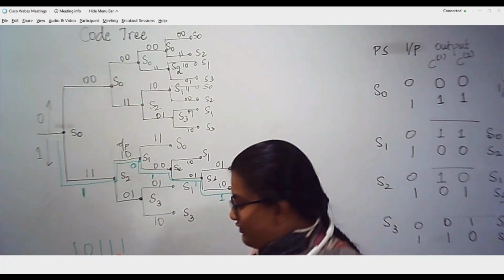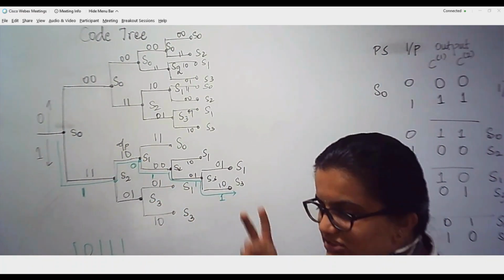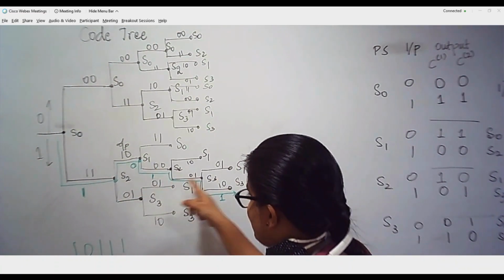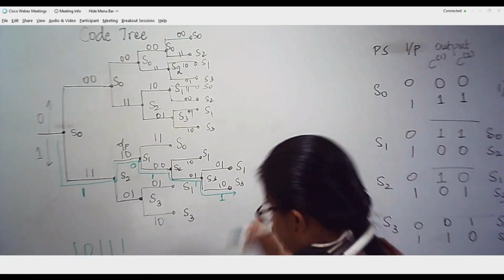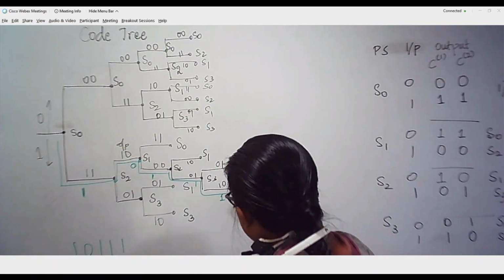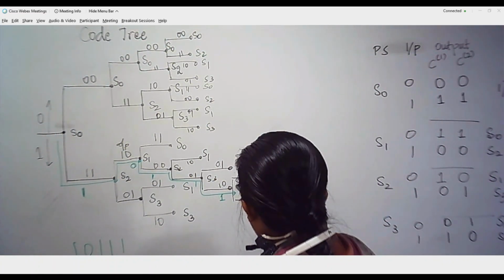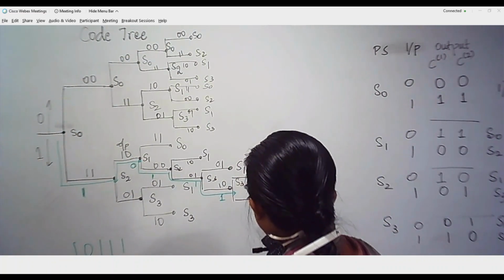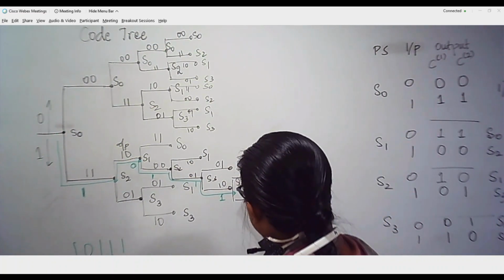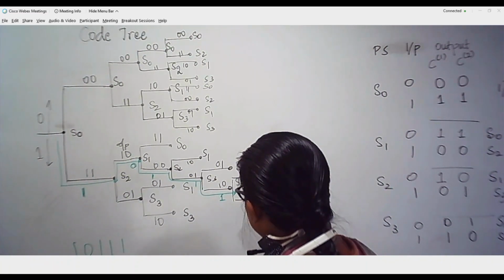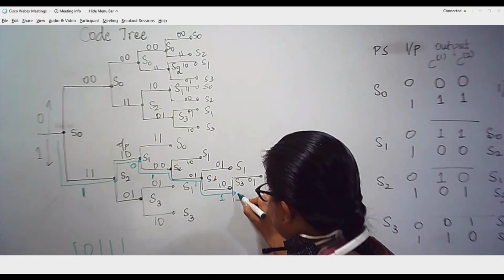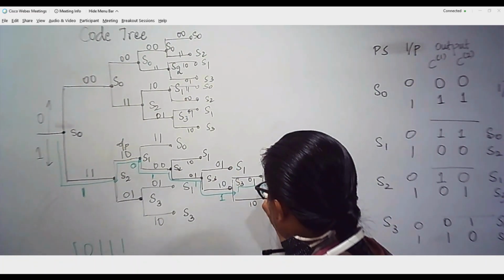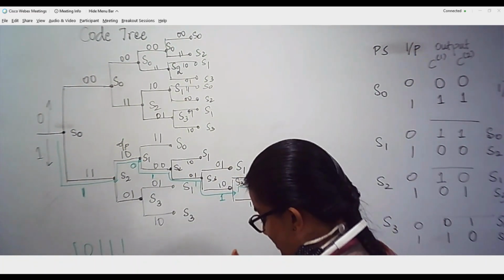Now L is 5 and the number of memory elements is equal to 2. We have only traversed 5 combinations; another 2 combinations need to appear. From S3 I can go to S1 and S3 with the outputs 0, 1 and 1, 0. Now there is no further data sequence, therefore you are going to follow 0 and then you will go to the upper channel.